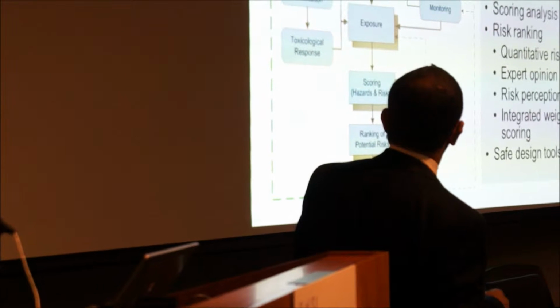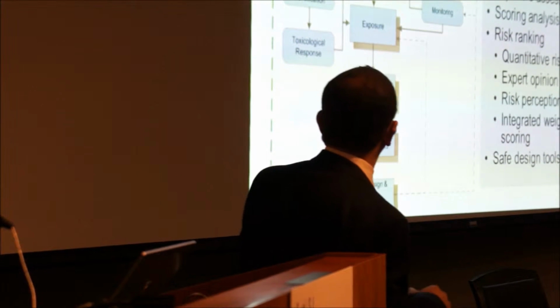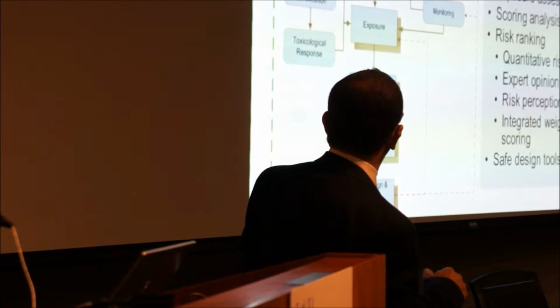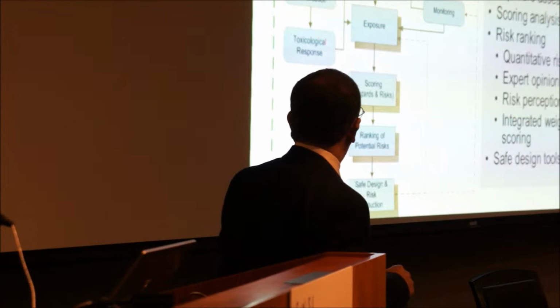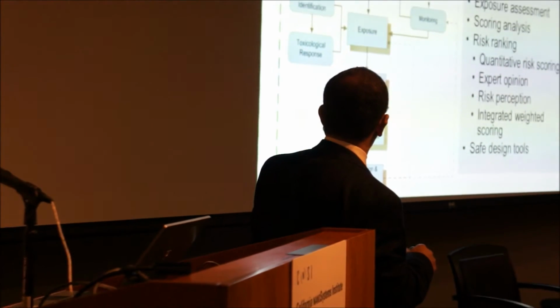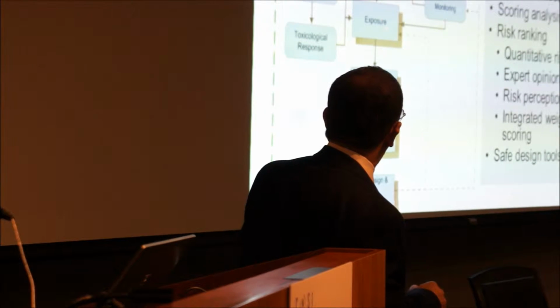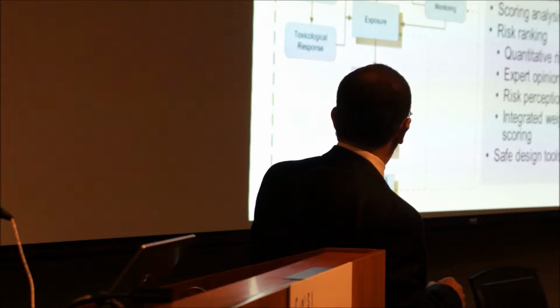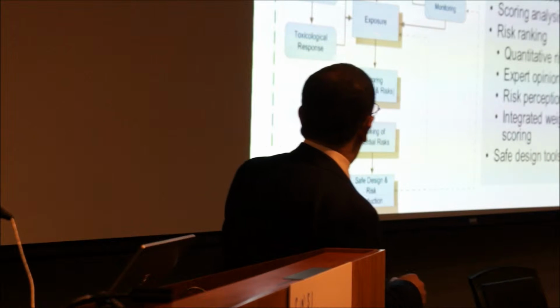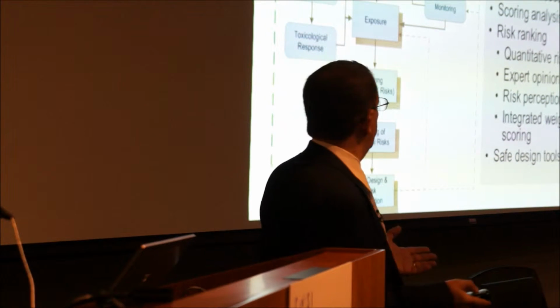You've heard about the issue of toxicological studies, hazard ranking, but that's just part of the story. We need to understand that exposure is an important part of it, and if there is exposure and there is toxicity to worry about, then we have to think about what the implications are. Now, what are the implications from the viewpoint of making decisions on how to reduce such risk?